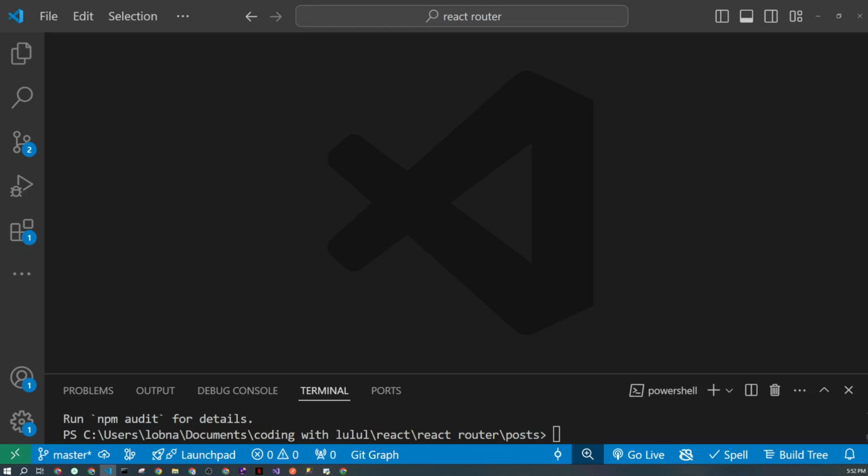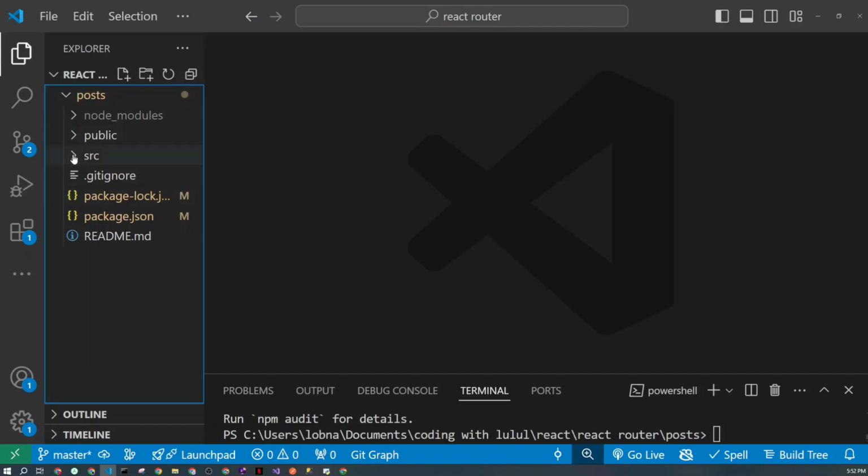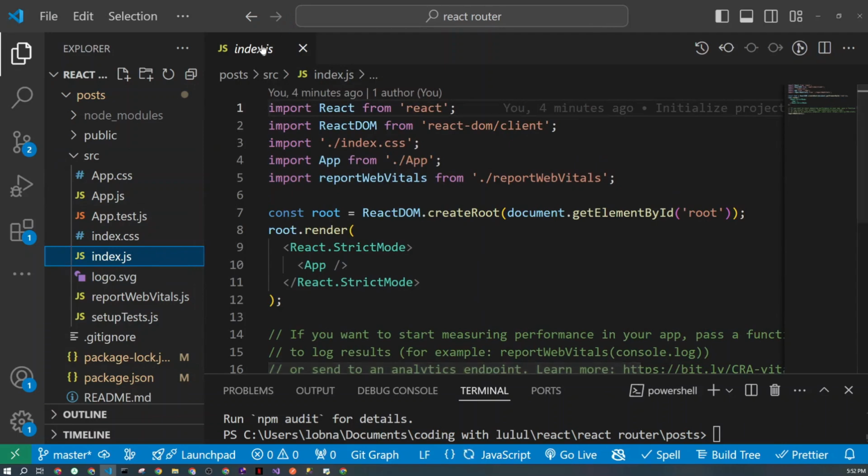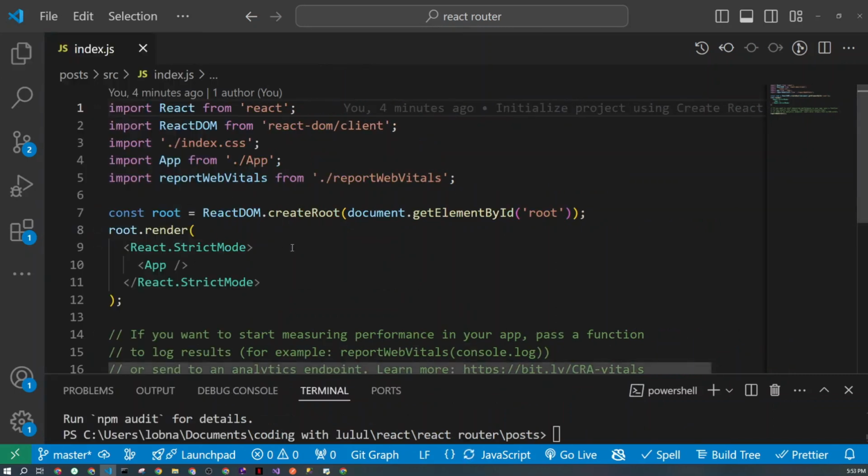Now, there are a few other setup steps that we need. First thing, you need to import BrowserRouter in the source of your project, okay? So in our project source folder, it will be index.js. Because we use the Create React App boilerplate, that is the top parent component for our application, okay? So first thing we have to do is import